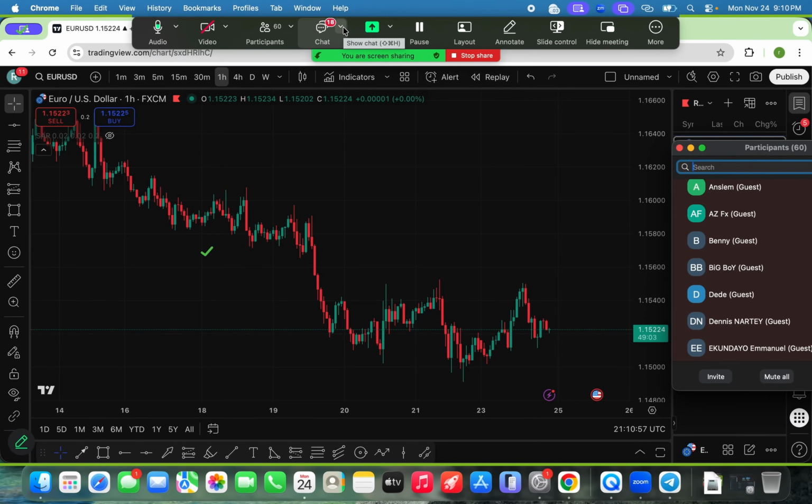So today I'm going to be doing the normal top-down analysis. Mostly this is what I teach. So let me go over again. Somebody said I'm always teaching different strategies, and I'm like, anytime I teach a different strategy, it still comes down to the foundation, support, and resistance. Even when I teach Fibonacci or how to use Fibonacci, you still need your support and resistance. No matter the strategy I teach, we still always use support and resistance.